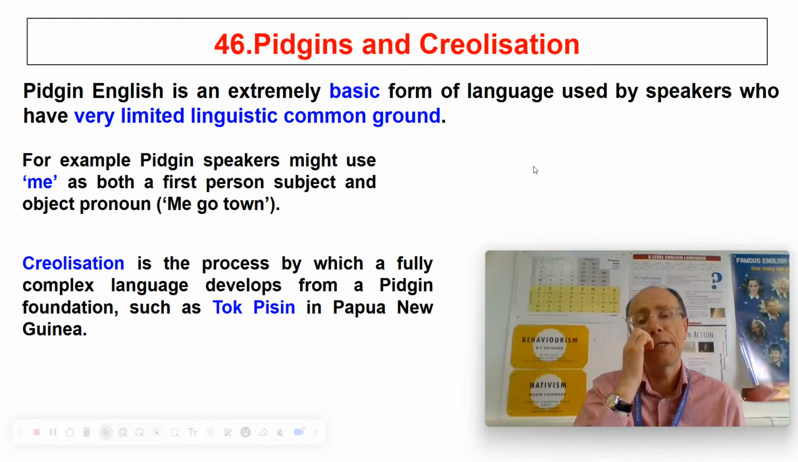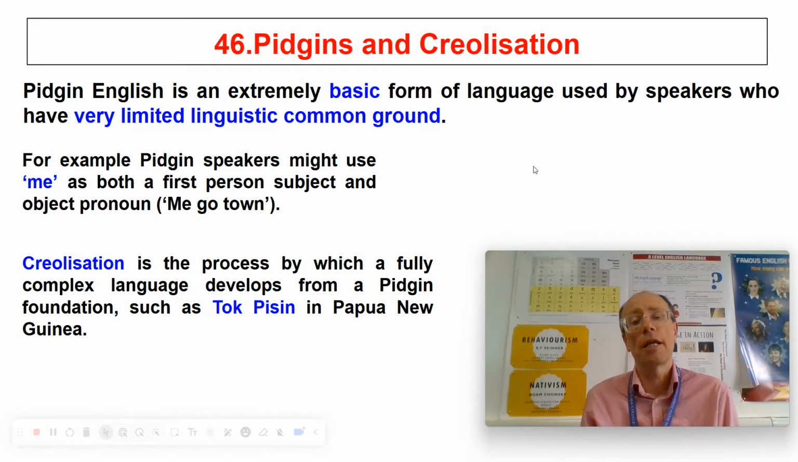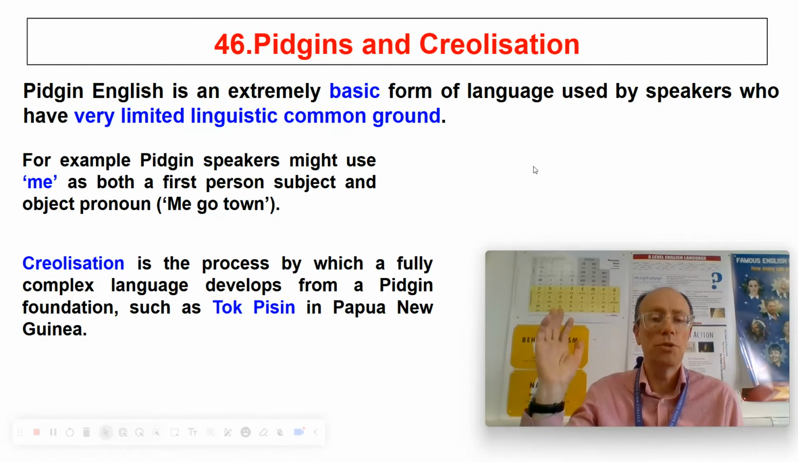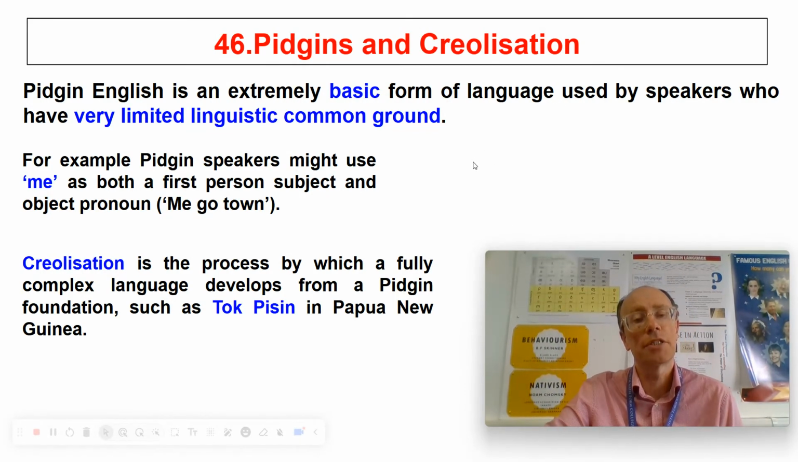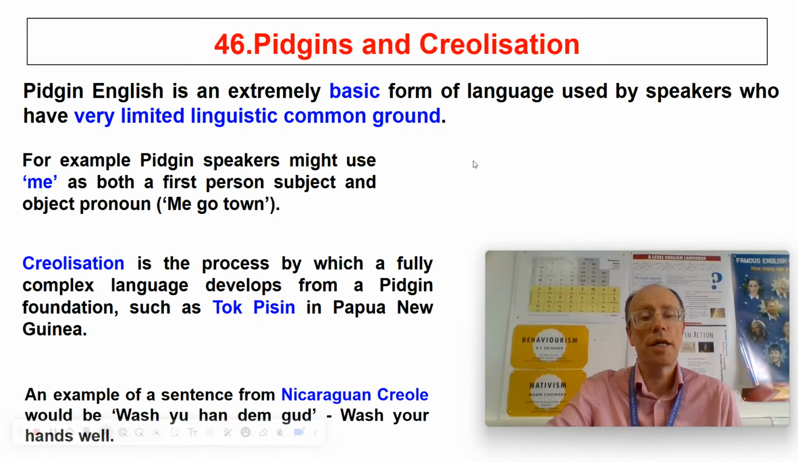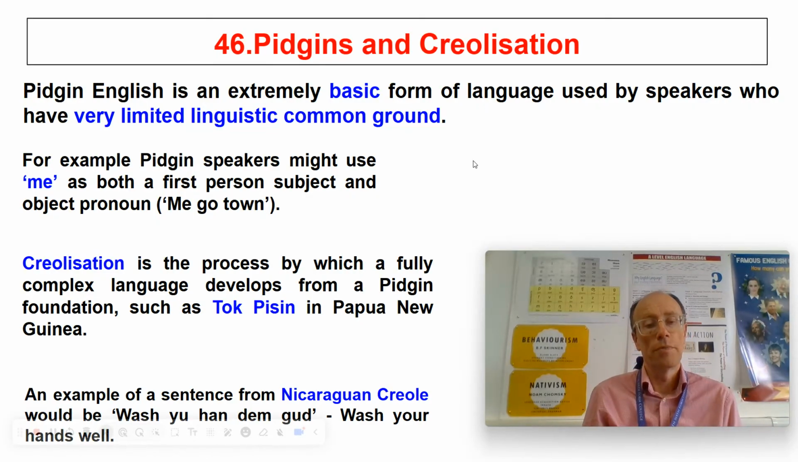So creolization is the process by which a fully complex language develops from a Pidgin foundation. One of the most famous Pidgins in the world for English is Tok Pisin, which I know sounds rude, and that's spoken in Papua New Guinea, north of Australia, in the South Pacific. So it's a good example of creolization, and in our lessons we looked at a piece of Nicaraguan Creole where